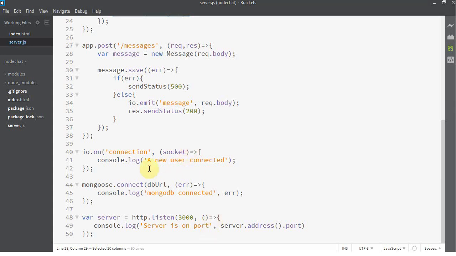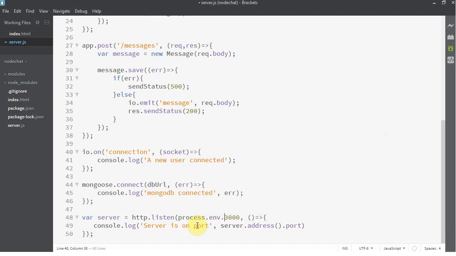All right, so we know the port is an issue, and this is what I found Googling around. So right here is where we're telling it where to listen. We're saying, look, take this HTTP server that we've created and have it work on port 3000. Well, we know that doesn't work. So what we need to do is say use the environment's port that you're on, or 3000. So the way you do that is you say